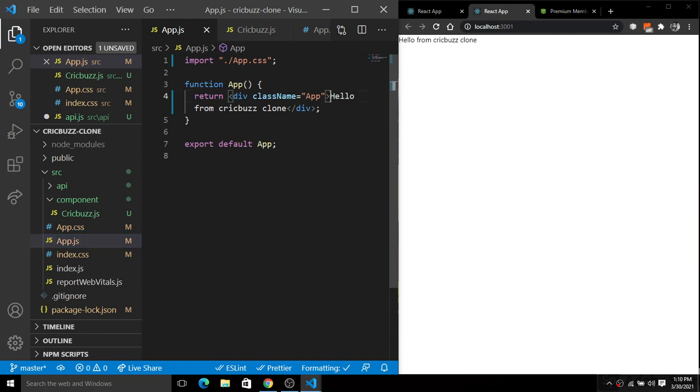Okay, so simply remove this. Okay, fine. Now here we will use a React router DOM. So for this I'm going to simply import that thing.